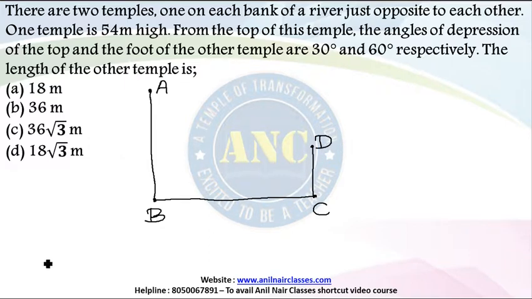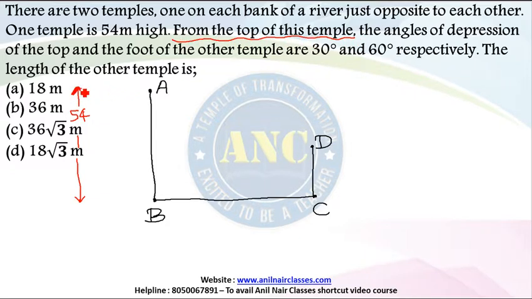One temple is 54 meter high. According to the question, this particular value is given as 54 meter. Find out according to ratio or your assumption. Finally convert according to the question. You know it already. Next, from the top of this temple,